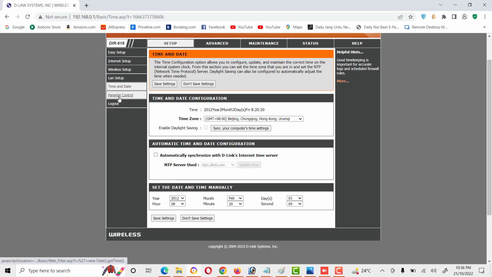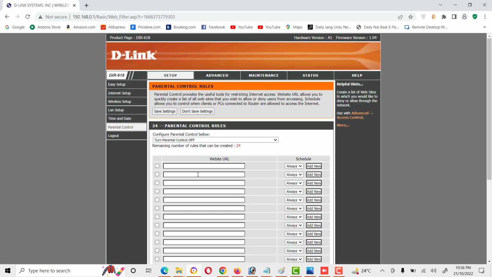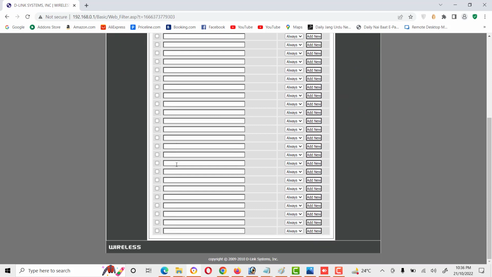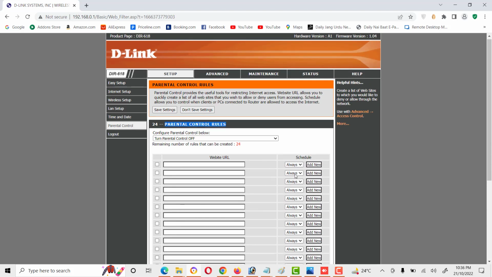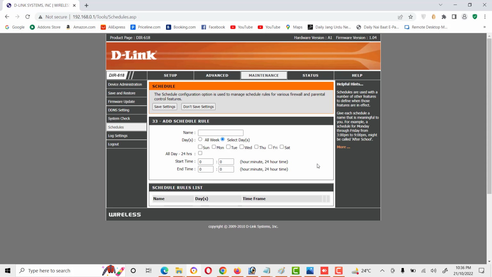Here are parental control. We can block some websites as we want to prevent these websites from being browsed by our children. So we can write 24 websites here, and we can block them. We can also make a schedule, like we can set any day to block these websites, or we can also mention start and ending time during which these websites should be blocked. Okay,